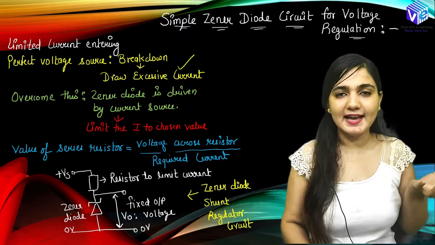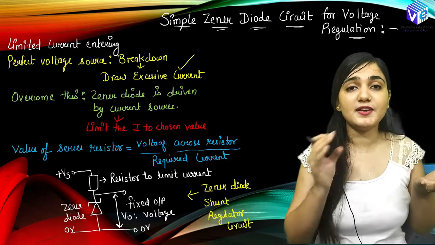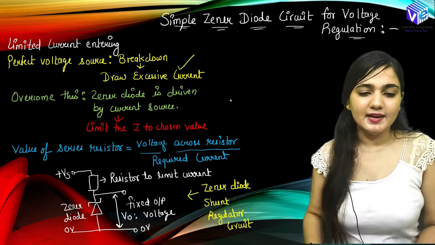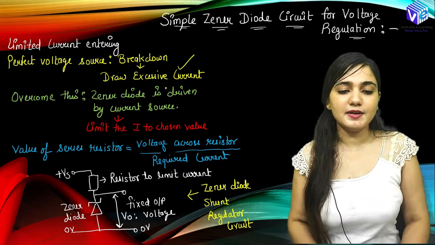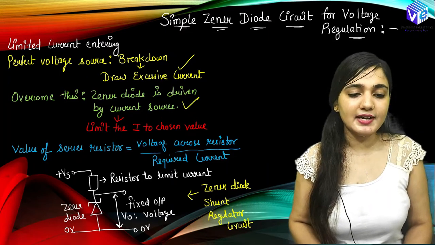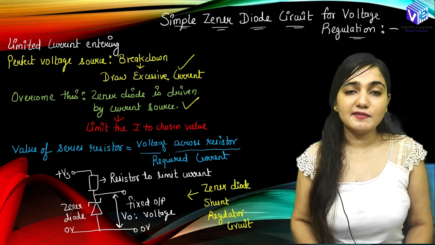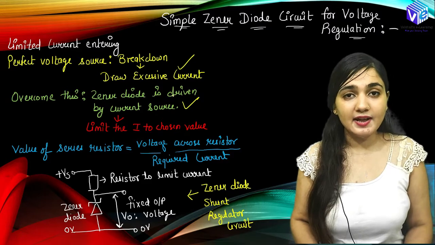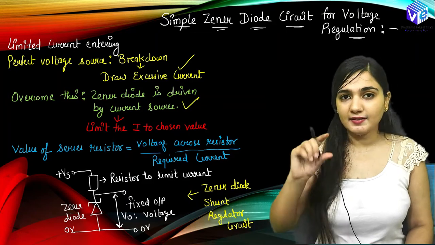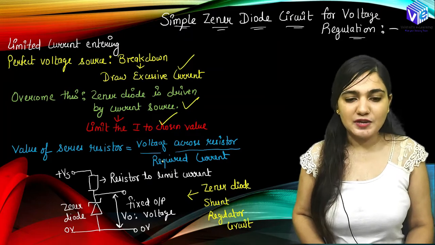So if I want to connect an IC of, let's suppose, 5 volt, and I want a voltage source which is going to give me the 5 volt only, I will connect the Zener diode to the IC, right? The Zener diode is driven by the current source to protect it from the excessive current, right? To protect it from going into the excessive current, and when we have the excessive current, we all know we will be having heating and damaging of the device. So I will be using the current source, right? That current source is going to give me the limited current only. It is going to limit the current to the chosen value only, right?